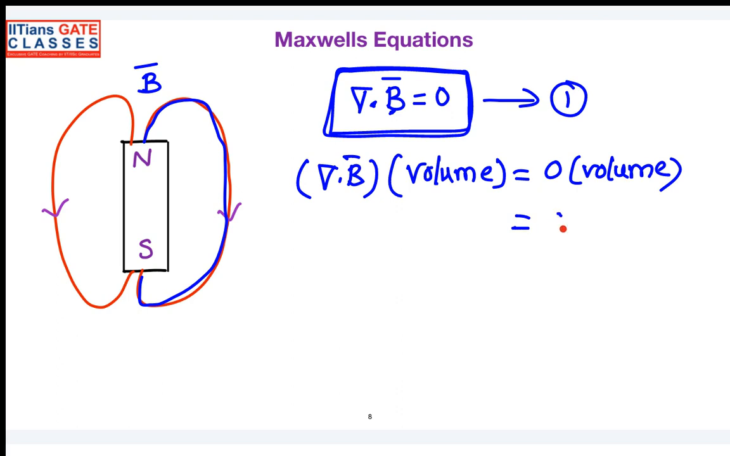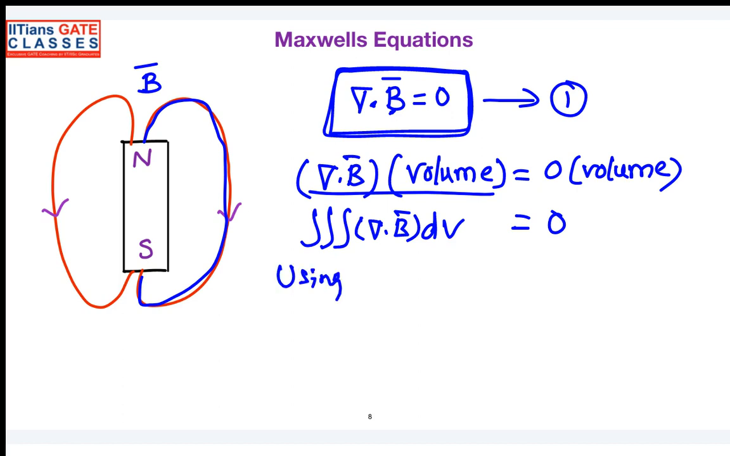So anyhow, right side will be 0, and this equation I will try to put in this form: triple integral of del dot B dV is equal to 0. Right now, using your divergence theorem,